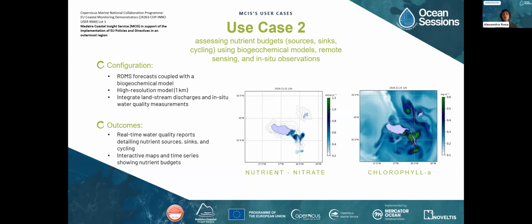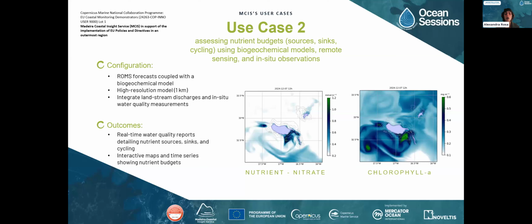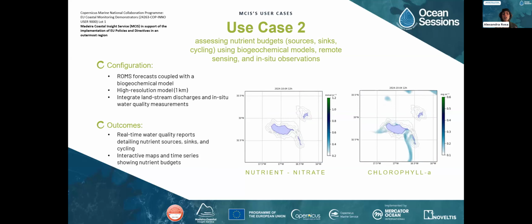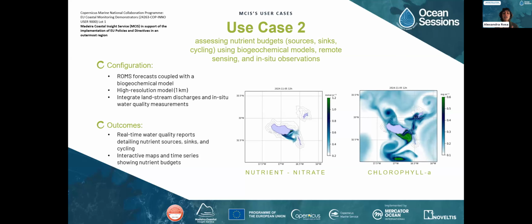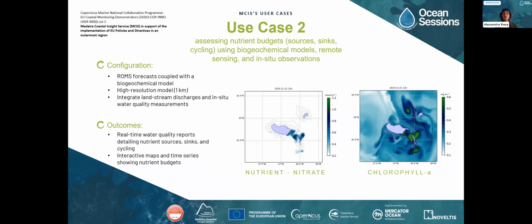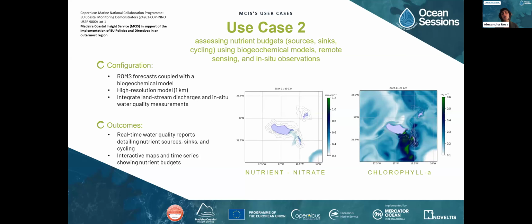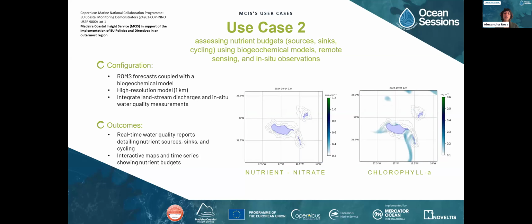So currently, we already have the biogeochemical models running. As you can see, we can predict the nutrient availability and then the response of phytoplankton through the chlorophyll proxies. But the idea here is not only to have the predictions of the biogeochemical realm around the island, but also to implement the hydrological model in order to predict the discharges from the small rivers and understand the impacts on